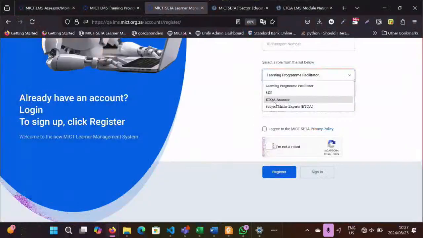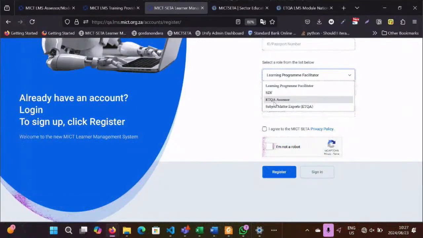The SDF is the person that submits the WSP, the work skills planning, for a specific company. But the one that we are dealing with today is the ETQA assessor. You can register for all of them, that is fine. The system will manage to get your details and then assign all those roles to you. So if you are a learning program facilitator for a certain company and also an assessor for that company, then you can register as both.